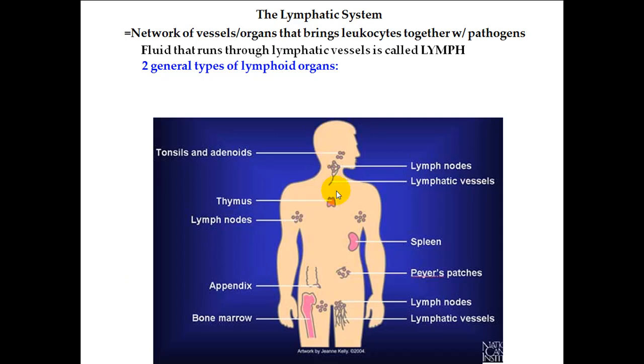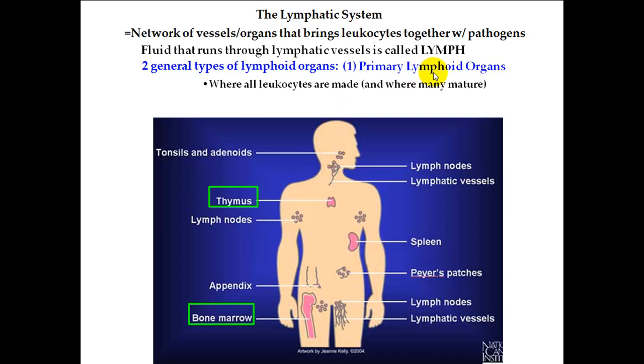types. So one general type of lymphoid organ are these things called primary lymphoid organs, and there's actually just two lymphoid organs that you can say are primary lymphoid organs, and that's the bone marrow and the thymus. The reason why these are called primary lymphoid organs is because here are where the white blood cells are produced, and they end up maturing here. Right, so primary lymphoid organs are where all the leukocytes or white blood cells are made, and where many of